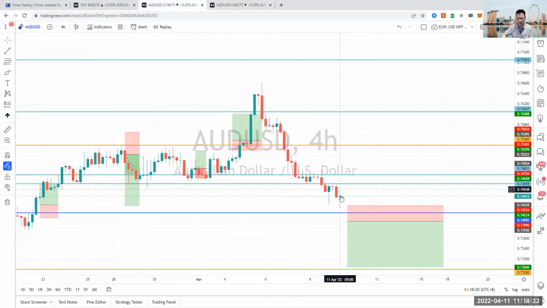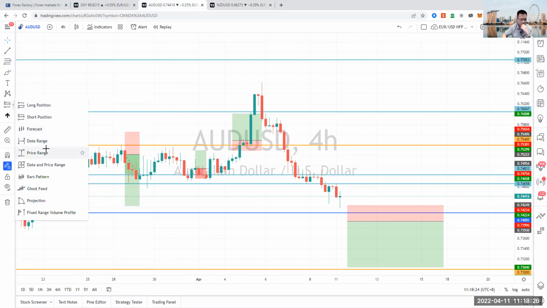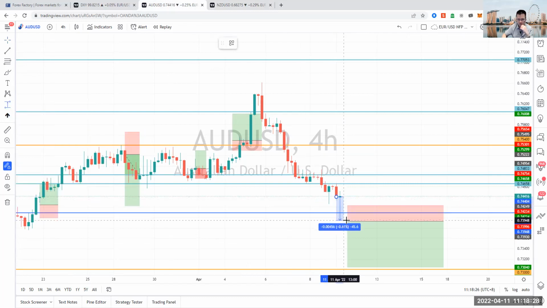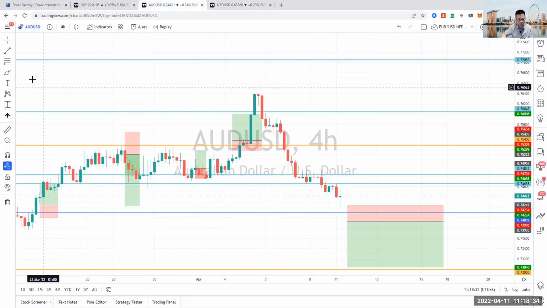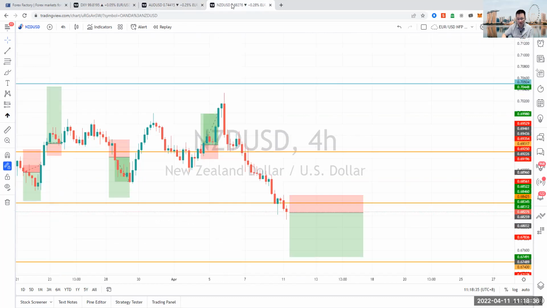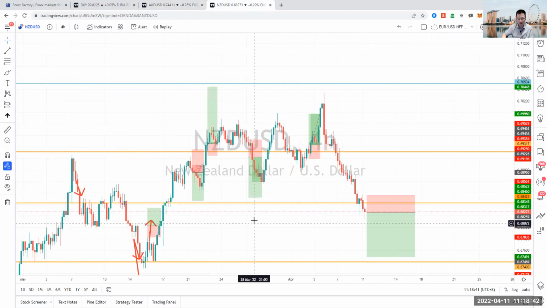Because this has broken the 0.6843 level, I think this will be a more straightforward trade, whereas the Aussie dollar still needs to move about 45 pips towards the downside for it to break lower. So I think that you could be looking at the Kiwi dollar first as it tracks lower, as it has broken that support level. Track it down, trade it towards that 0.68 level, decide whether you're looking to hold on to the trade or close out.